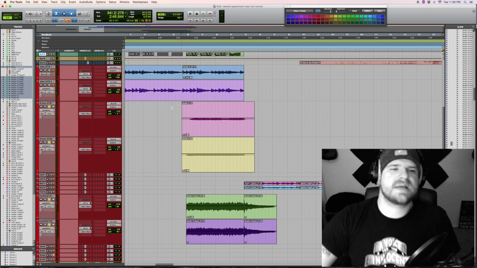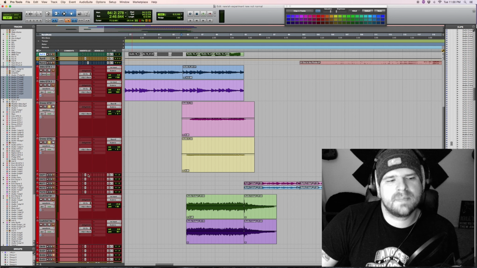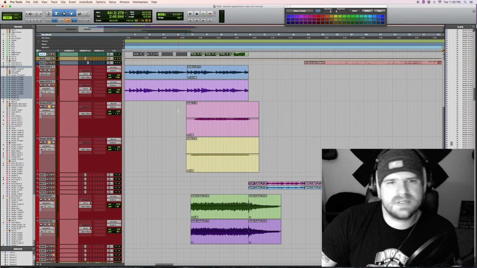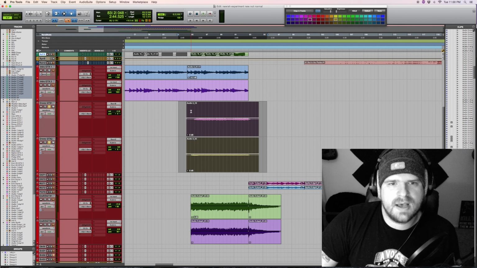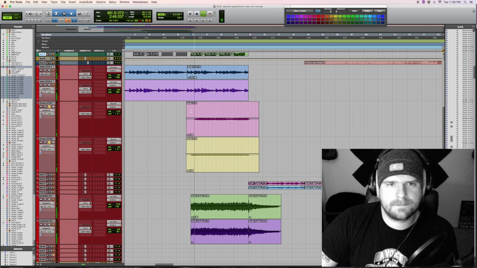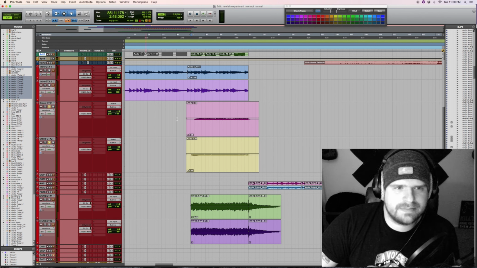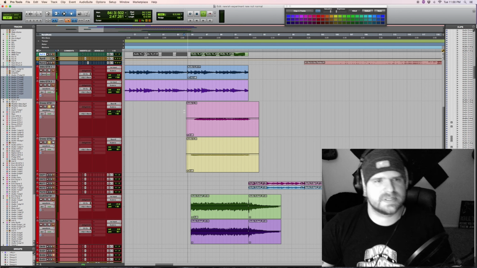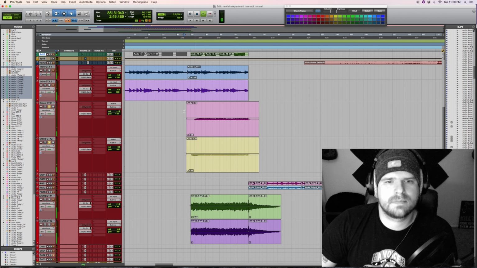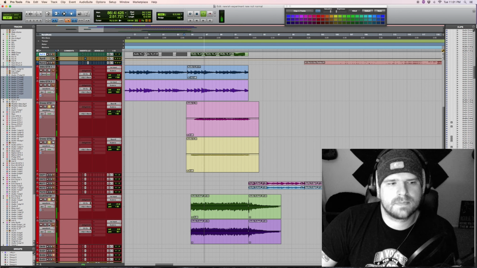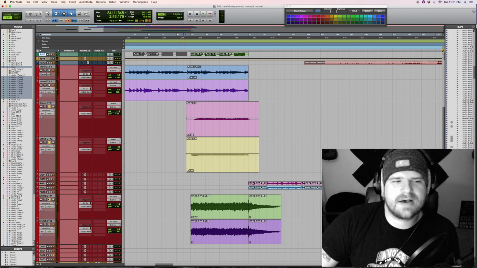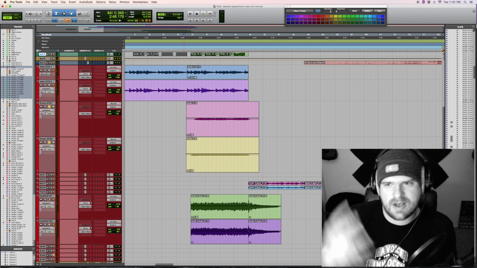Now, if you ever do something like this, one thing I didn't do, but you can do, is these guitars are going straight down the middle. This is what they sound like again. But you can always pan them to get a bigger sound out of them. So I'm going to pan it, 60 left and 60 right, or 62, whatever. So you can hear how much bigger that sounds.